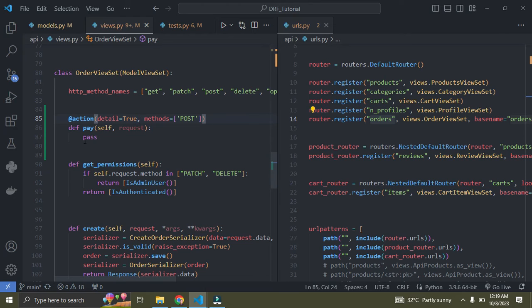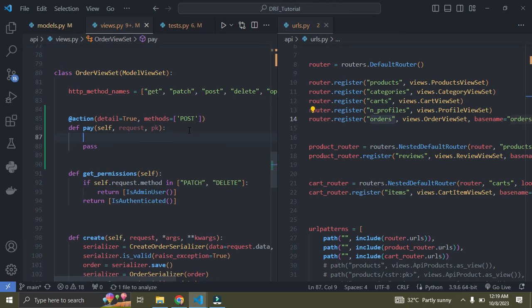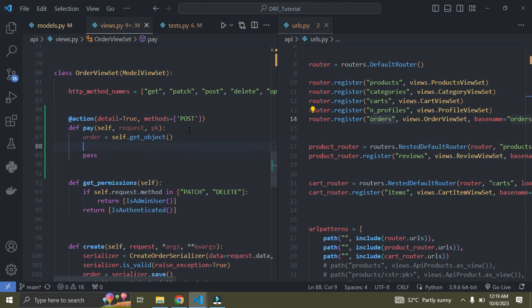Understand? So right now, because detail is equal to true, we are going to set another extra parameter called pk. Right now I want to get the current order we want to pay for, and we're going to say order should be equal to self.get_object. So now this is going to help us get the current order we want to pay for. Right now I want to get the amount we are trying to pay for. I'm going to say amount should be equal to